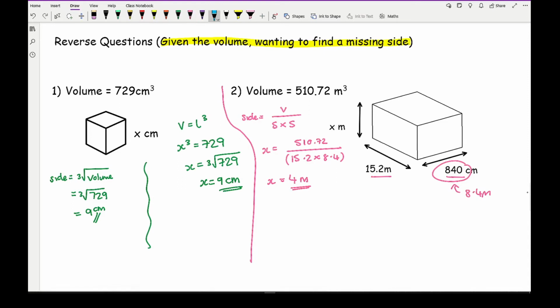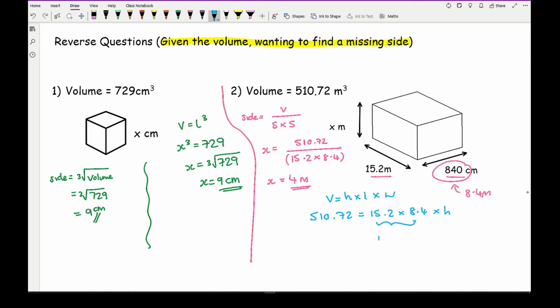Now, if I was quite confident with looking at equations, I know that the volume of a cuboid is height times length times the width. So substituting numbers in, I get 510.72 equals 15.2 times 8.4 times h. Again, I could easily multiply these two numbers together, which gives me 15.2 times 8.4 gives me an answer of